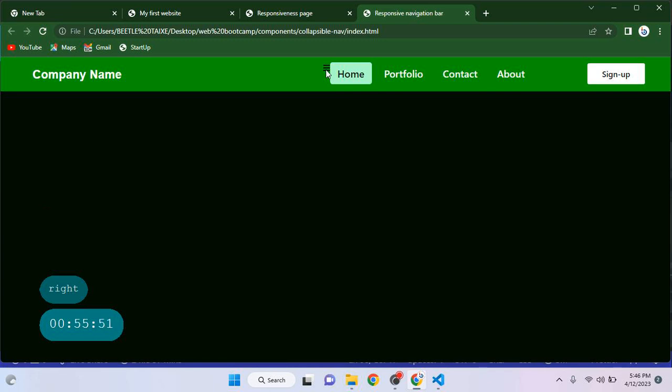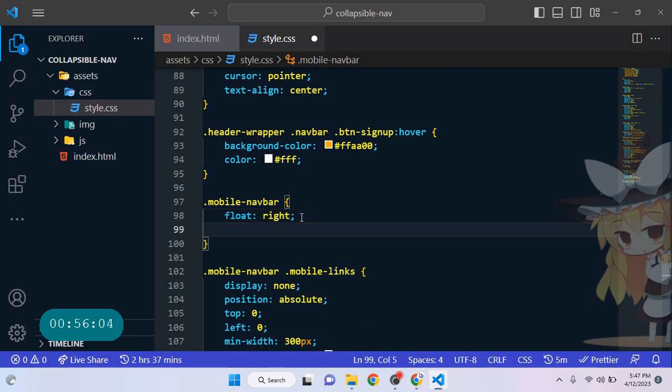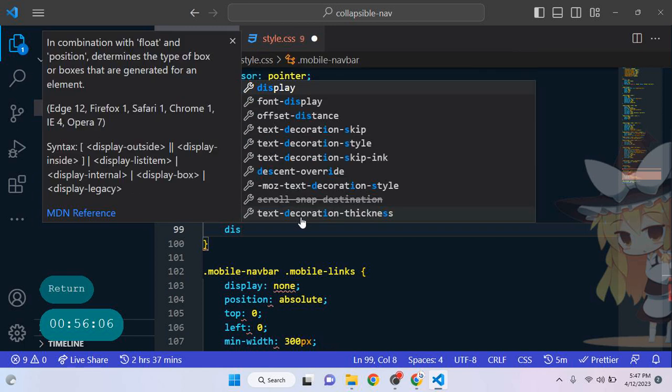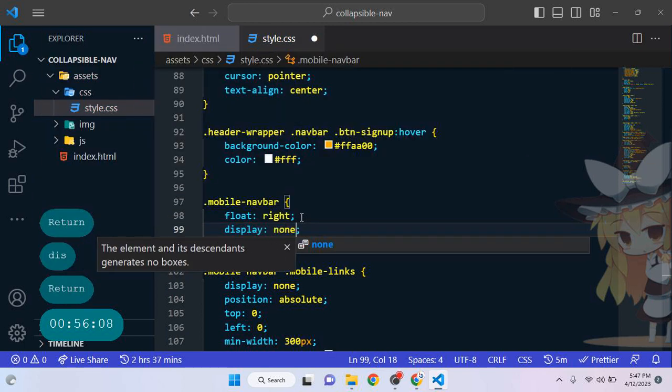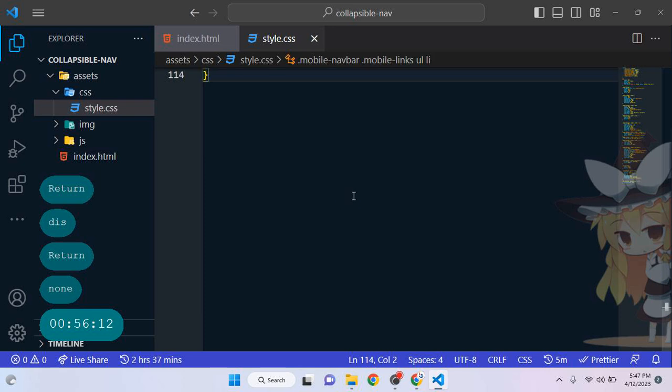We only want this to show when the screen size is at a particular screen width. So what we do here is hide it with display null, and at a particular media query we want to display it. So let's add a media query,